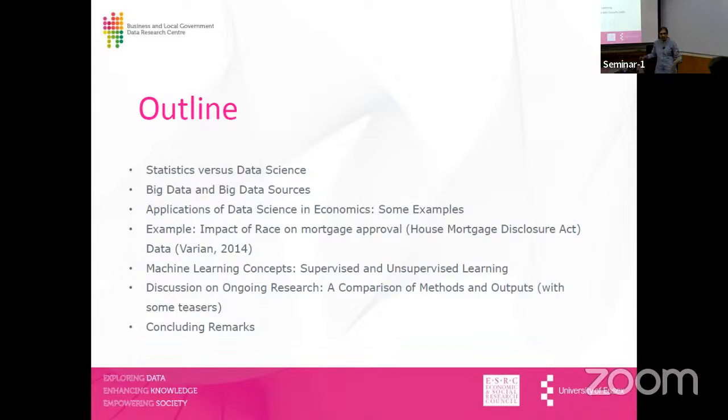Then a quick slide on applications of data science in economics, where I present some examples where data science can be applied to economics problems. And then there is an interesting paper by Varian, where he challenges, in fact, one of the published papers by Munnell and others, who argue that people